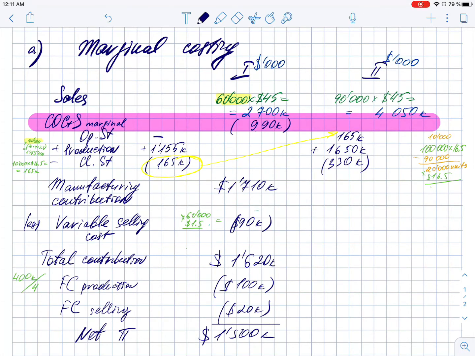And now we can calculate cost of goods sold using marginal approach and fill in that pink line I've just highlighted. So we have to sum up opening stock 165, 1,650,000 of production costs and deduct closing stock of 330. Cost of goods sold equals 1,485,000. And if we deduct that amount out of sales, we receive manufacturing contribution, which equals